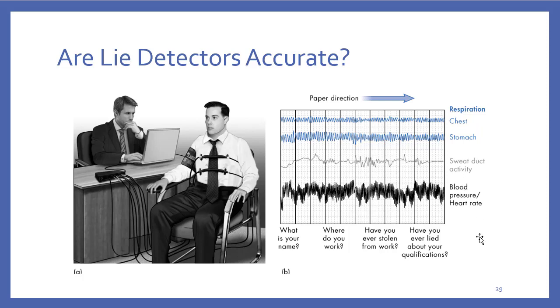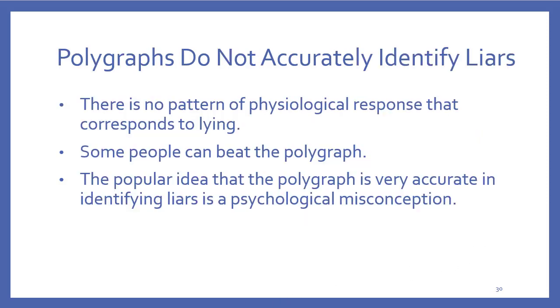So that's more or less what you look at when you're looking at polygraphs. The problem is that polygraphs really don't accurately identify liars. They measure changes in state, meaning that if you are asked a question and it surprises you, your body will respond a certain way. But it's difficult to differentiate the way your body feels when asked a question that surprises you from a question that you're intentionally lying about.